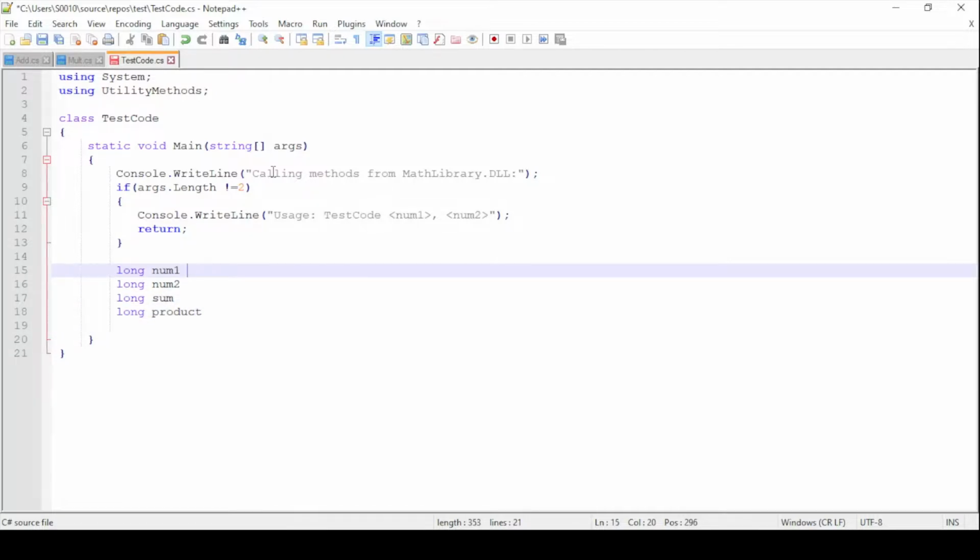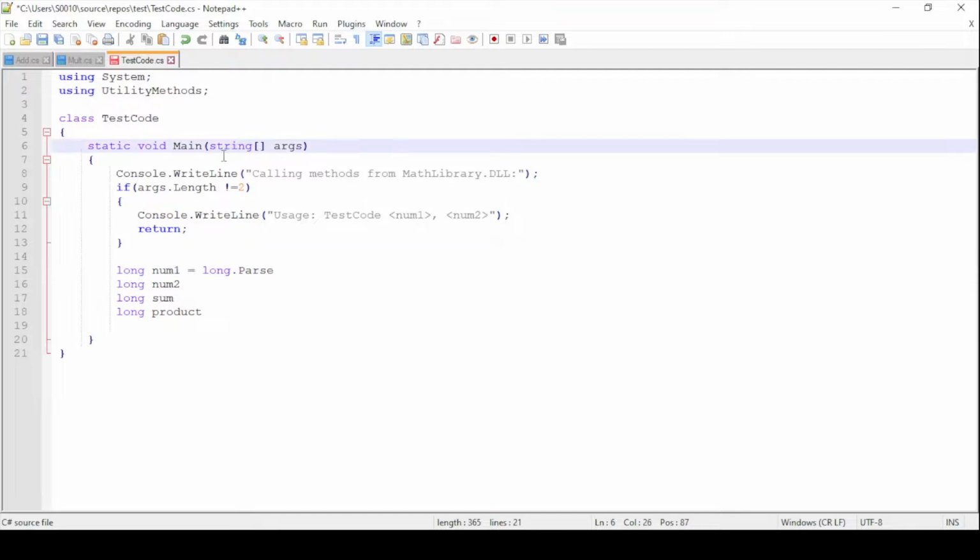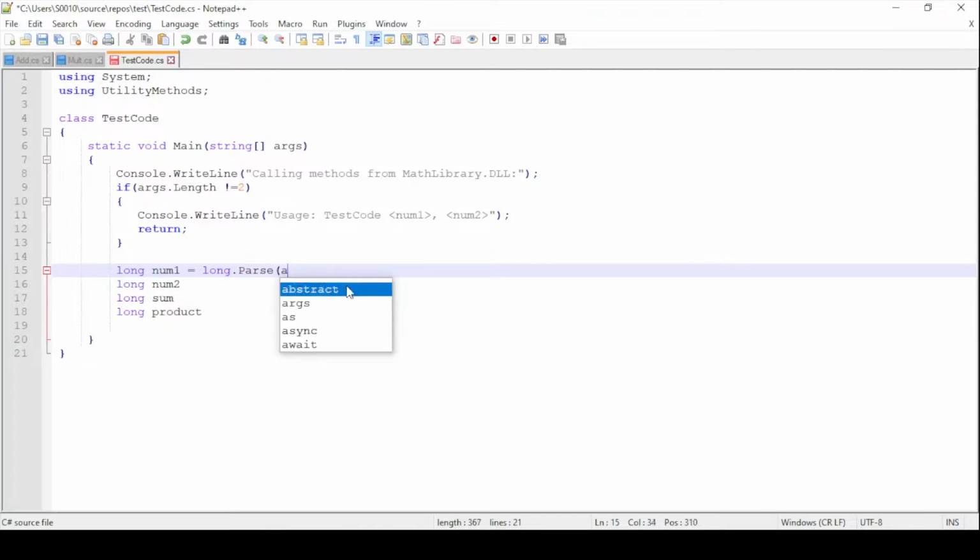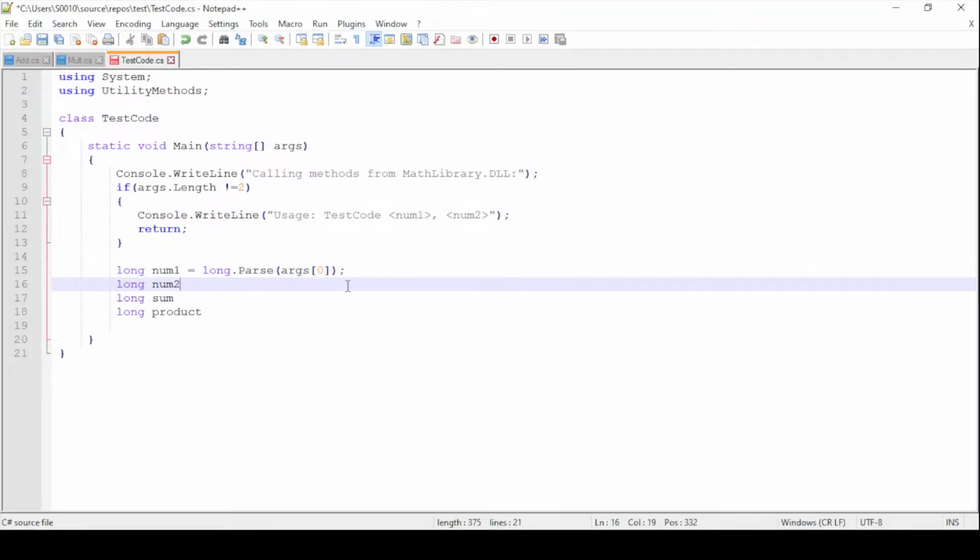Let us capture the arguments using long.Parse, because the argument is a string type, so we have to parse the string into a long type of integer. So args[0], because we want to capture the first element of the array, and then let us capture the second one,